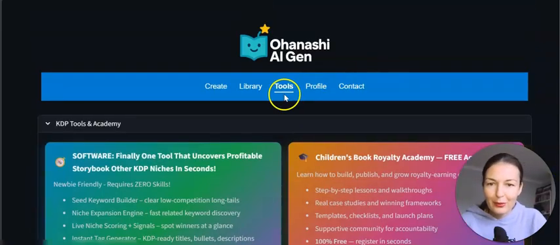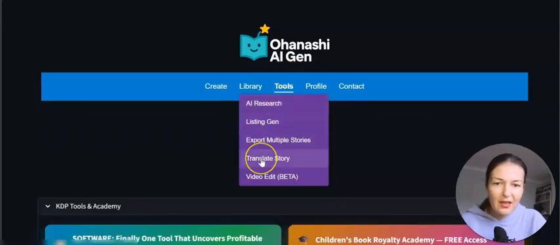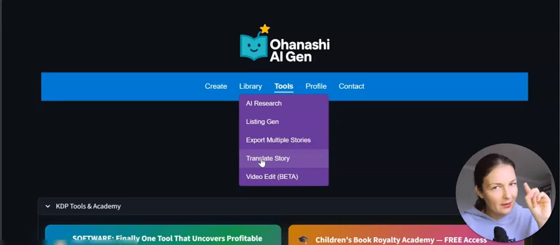Right, so we've got the tool here, and there's a bunch of features. Like you can translate the story, but again, make sure it's translated into the language you actually speak, and read through it. You can always correct some minor mistakes, no big deal, okay?